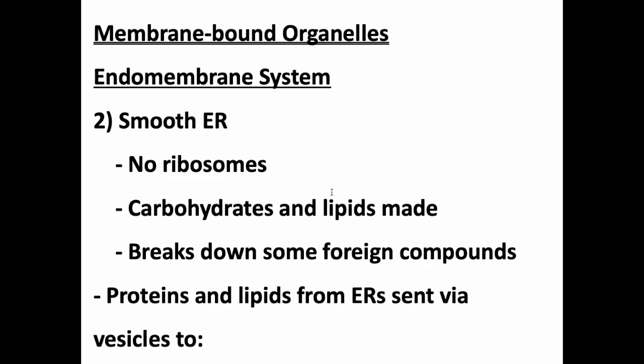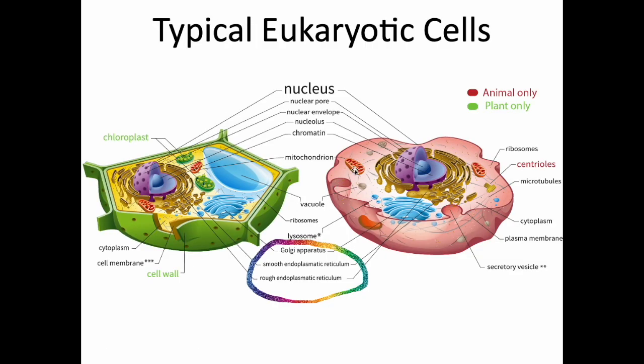Now, this doesn't fit the overall narrative of the endomembrane system being a package and distribution and modification system or whatever. But sometimes organelles do multiple things. The smooth ER, yes, it builds carbs and lipids that are going to be used later in this pipeline. The smooth ER also breaks down some foreign compounds, things that are complicated to deal with, not just your normal sugars, which would be broken down by the mitochondria, not just your normal lipids, which would be broken down by the lysosome, not your normal